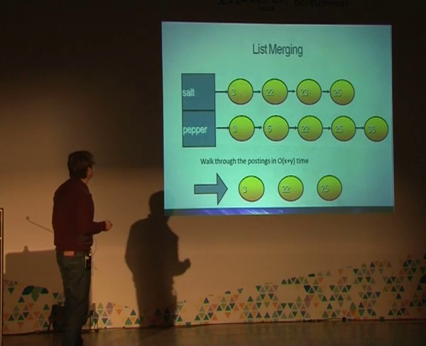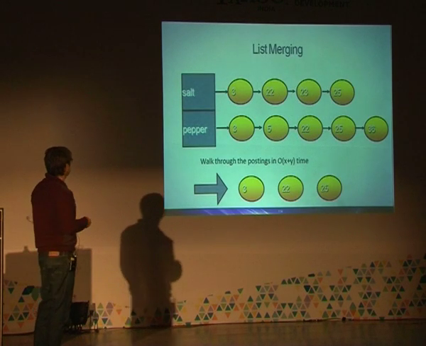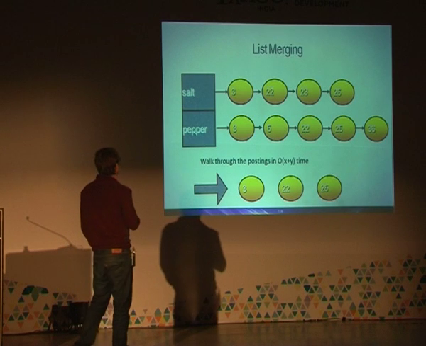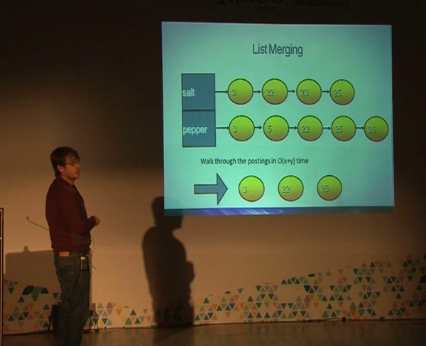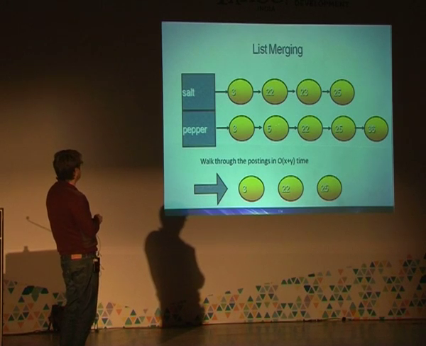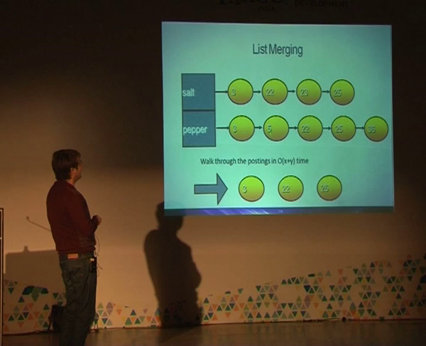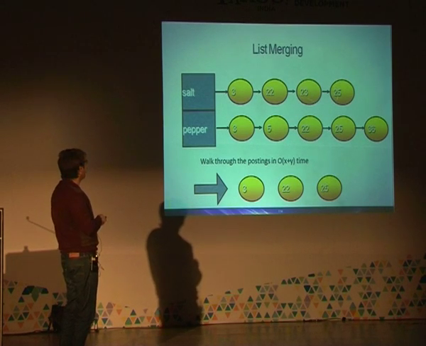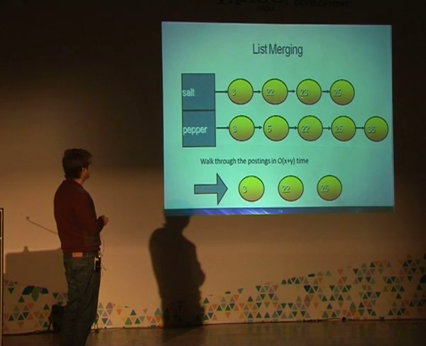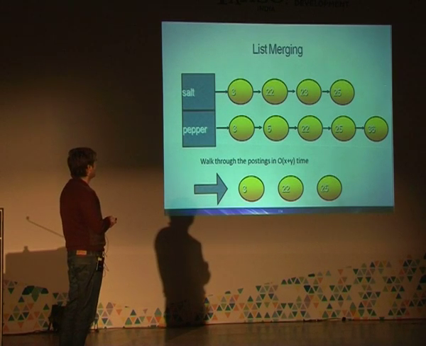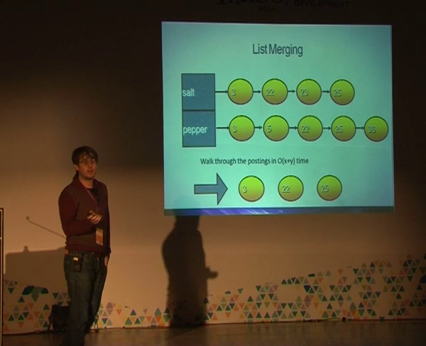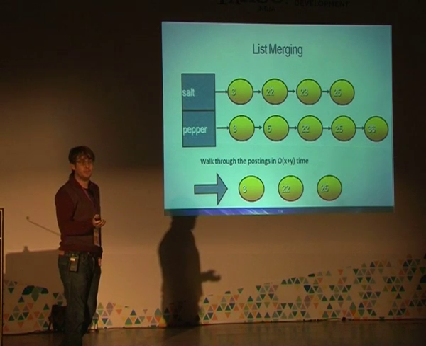I think you see it better like this, right? You have salt and pepper, and you want to intersect them. So you open the pointers, you have 3 and 3. Oh, 3 and 3 are the same. Great. Put them in the result list. Advance both pointers. You have 22 and 5, not the same. So you need to advance the lower pointer. So you advance 5. You have 22 and 22. Awesome. Put them on the result list. Advance both. You have 23 and 25. Then you have to advance the lower, which is 23. You get 25 and 25. They coincide. And then you finish up here because there are no more items left, so you're done. Right? Simple.